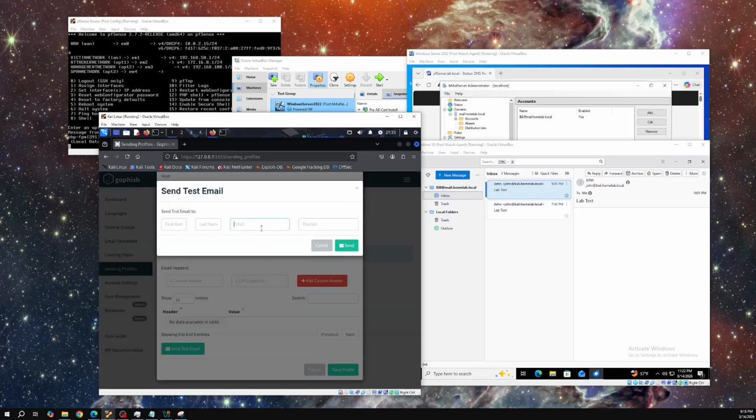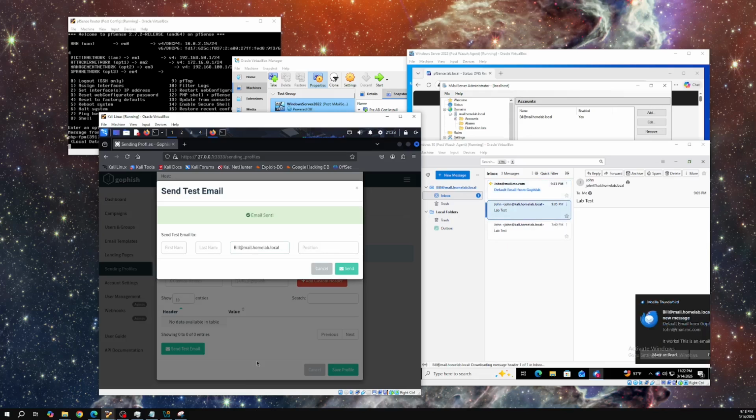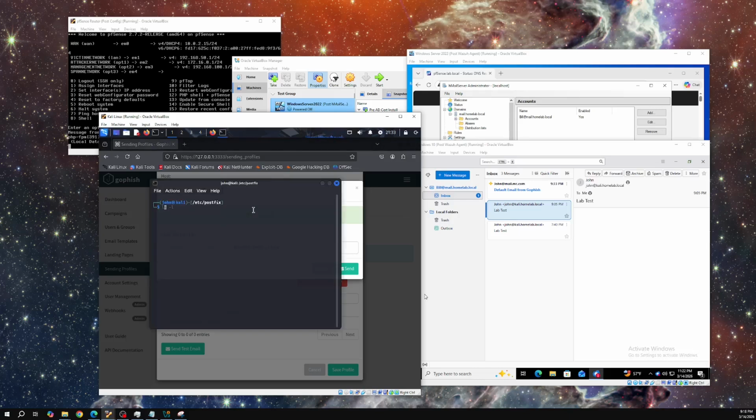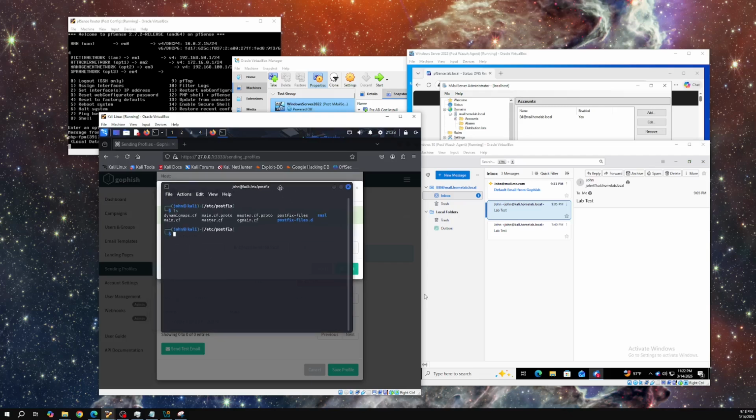We can go ahead and send a test email, bill at mail.homelab.local. And as you can see, that one works. Now, if yours does not work, then what you're going to have to do, and this is something that I had to edit here because I was running into a lot of errors, but yours may still work. But if yours is not working, you do have to come back and edit the main.cf file here and add these two specific lines. mynetworks equals